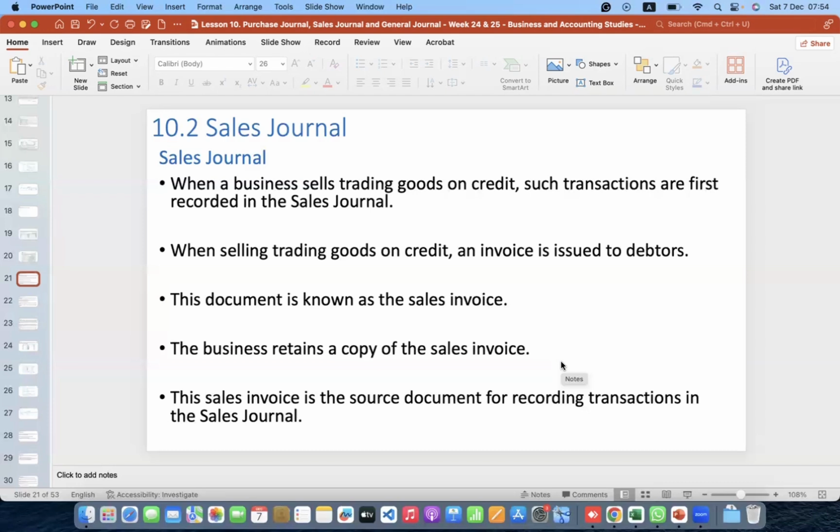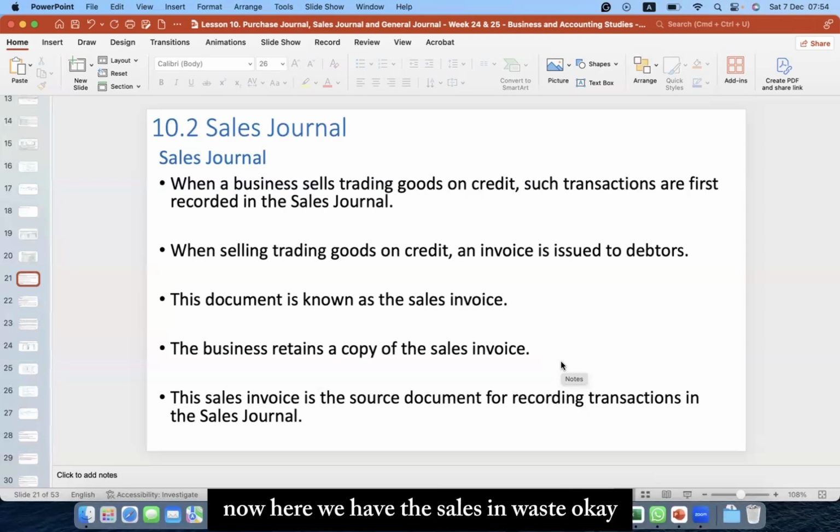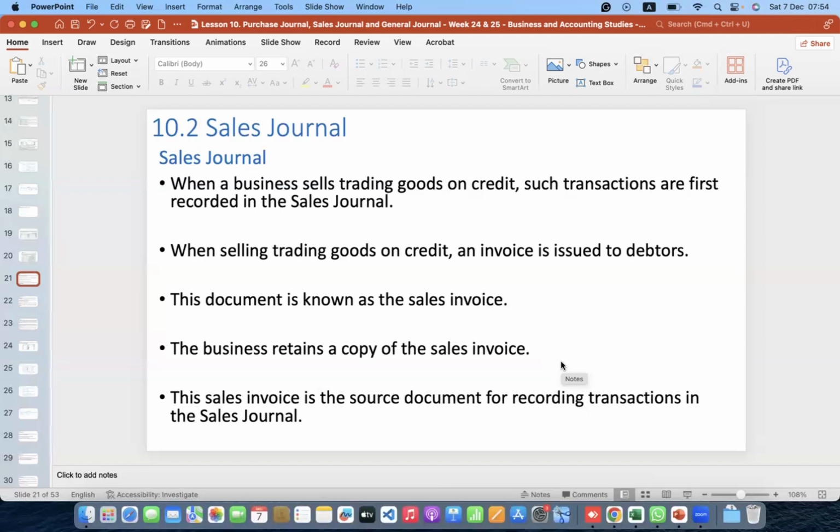අපි purchase journal එක ගැන කතා කරද්දී අපි කිව්වා එතන ඉන්න creditorsලා කියලා. දැන් මෙතන ඉන්නේ කවුද? මෙතන ඉන්නේ debtorsලා. හරිද? එතකොට අපි purchase journal එක ඉගෙන ගද්දී අපි කිව්වා එතන තියෙනවා කියලා purchase invoice එකක්. Now here we have the sales invoice. Okay. And usually in sales what happens is then